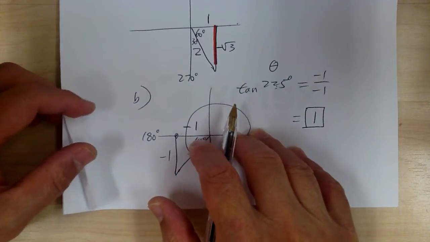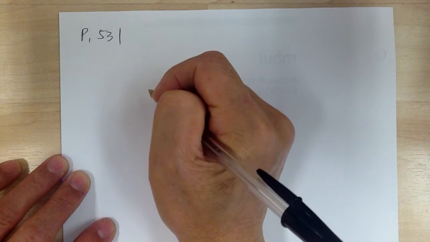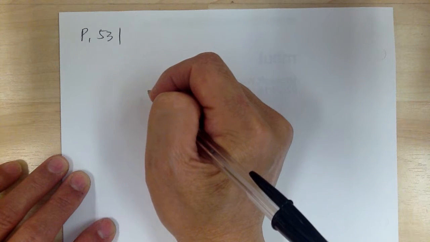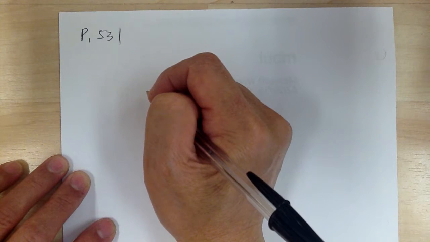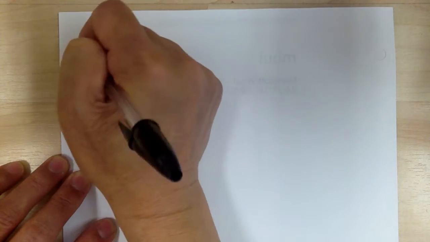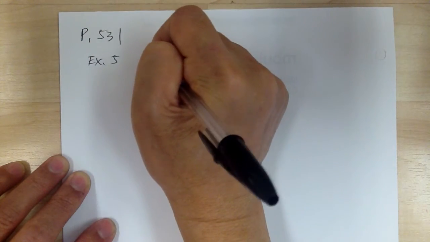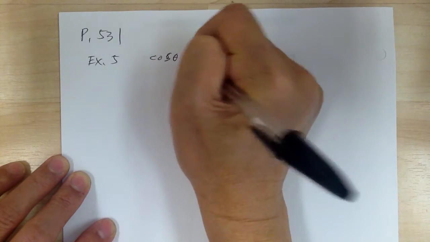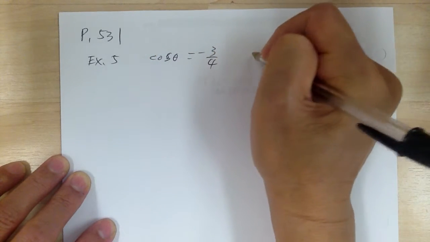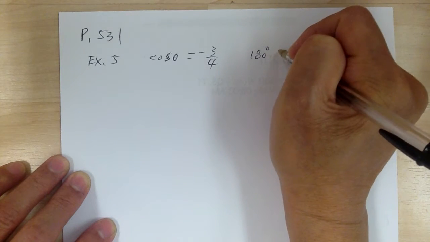Okay, let's go to example 5. So the key is, remember to draw your triangle and get all 3 sides and just look at the triangle and figure it out. So the triangle is the most important thing. You've got to know how to draw triangles. Okay, page 531. It says find the 5 other trigonometric functions of theta if, so this is example 5, cosine theta equals -3 over 4, and theta is between